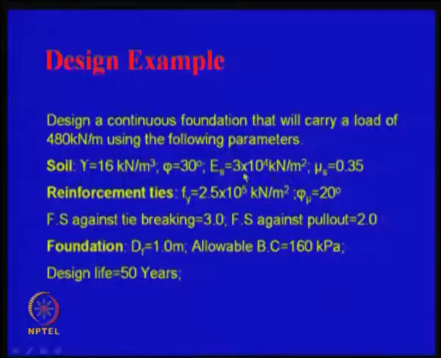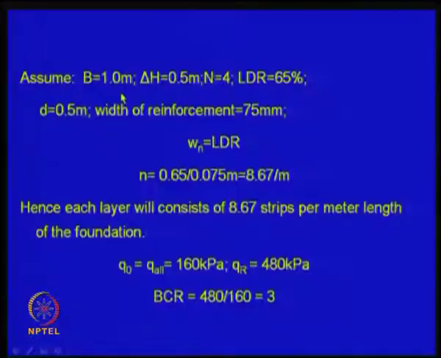Why these parameters are required is that sometimes 160 is not given, you can calculate it using these, knowing the foundation size. You can calculate the ultimate bearing capacity from shear strength considerations as well as settlement considerations. You take some 25 mm or 50 mm settlement, get that, and then calculate the allowable bearing pressure, right. So, the same thing, I assume that to proceed B is 1 meter,